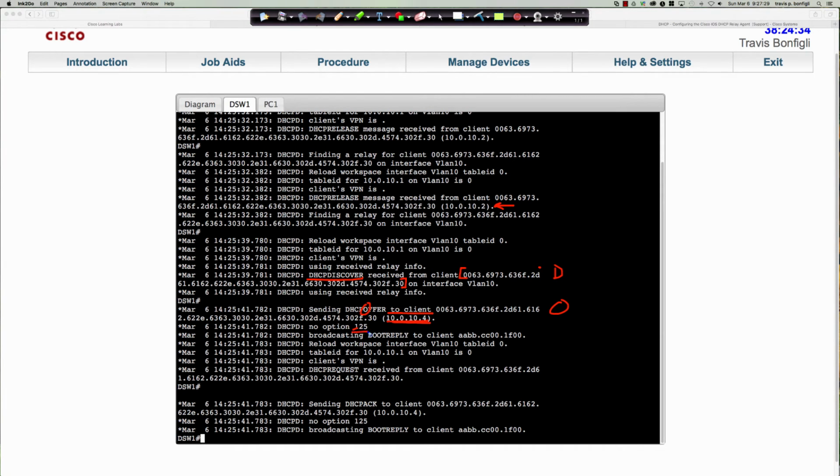No option 125. What else is in here? And then they have the R. So here's the DHCP request from the client. So here's the R. And then we have an acknowledgement. Here is the DHCP ACK. And so that is where we come up with that mnemonic DORA. Discover, offer, request, acknowledgement, right? And so now the DHCP server is acknowledging that yes, PC1 is going to be using